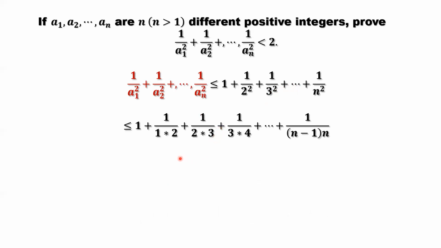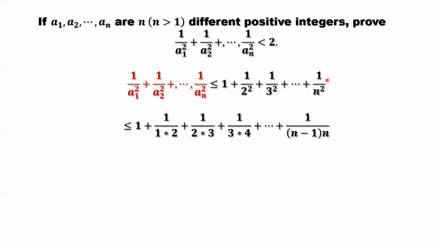Now, is this true? The first term is here. The second term is less than this. The third term is less than or equal to this. And the last term is less than or equal to this. Is that true? If it is true, this is true. Okay, this is the important part because we are using a typical trick to solve this kind of problem.